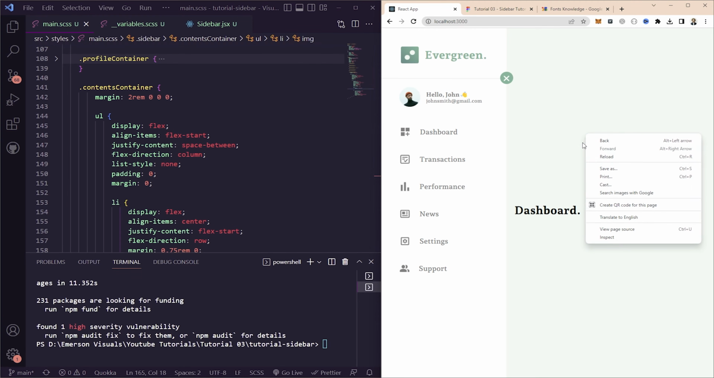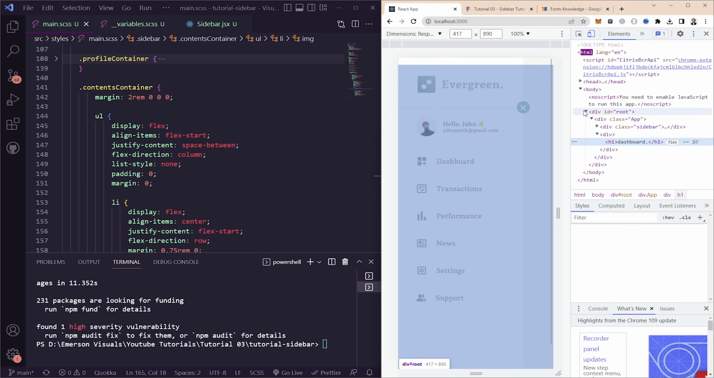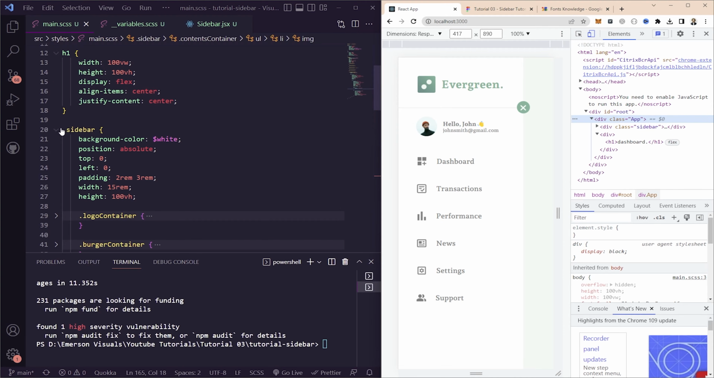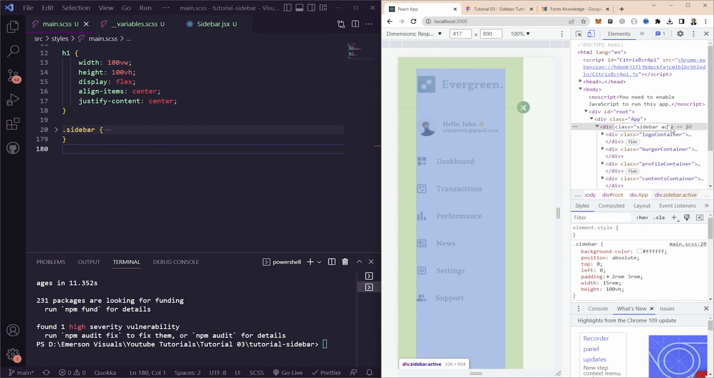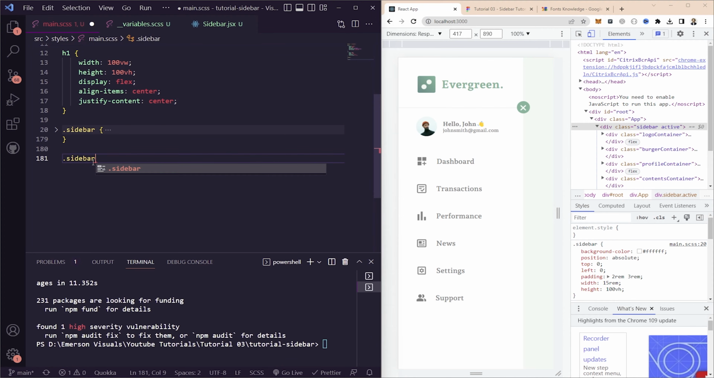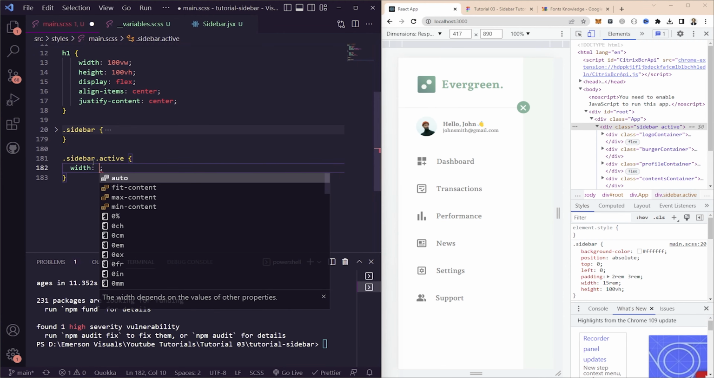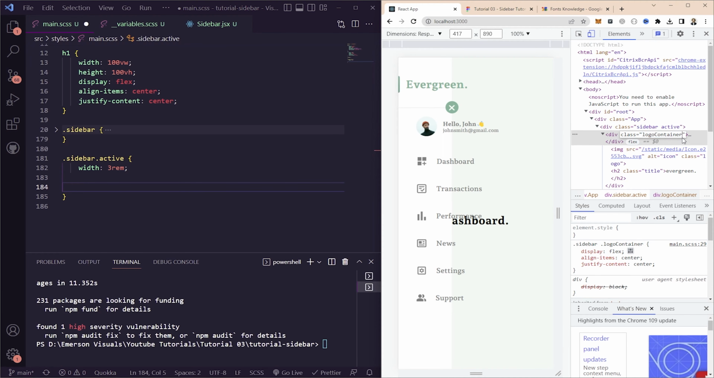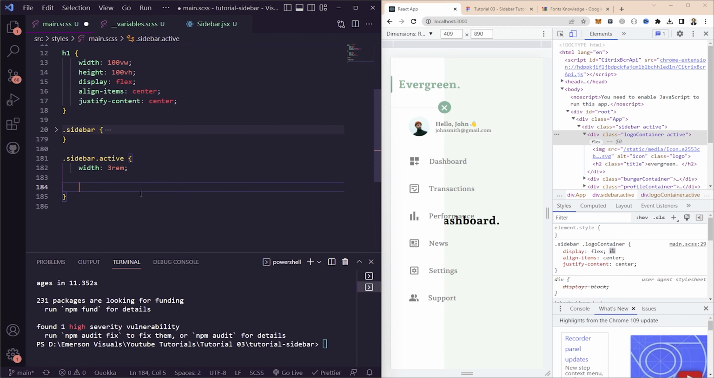So what we want to do is open up the inspect page here, and we'll be able to play it in here whilst also adjusting the styling here. All right, cool. I'm going to come into the sidebar and put in a new class for active. So what we can do now is type in sidebar.active. So that's our second class. And give it a new width of something like 3 rem, just for the time being. And then under here, we can go into our logo container and give it a new class of active again. So with the logo container.active,